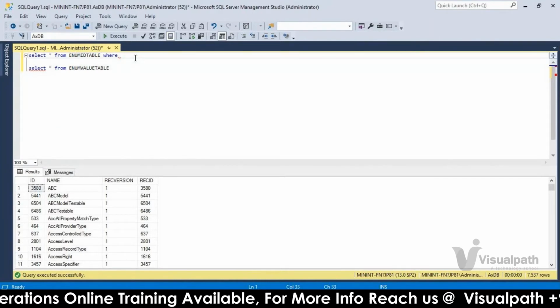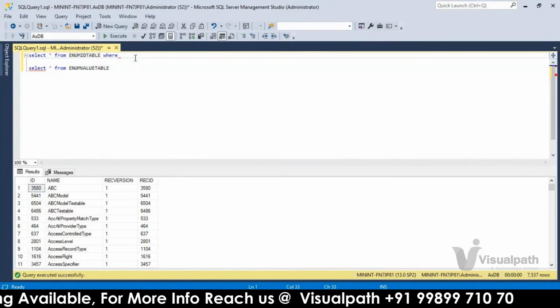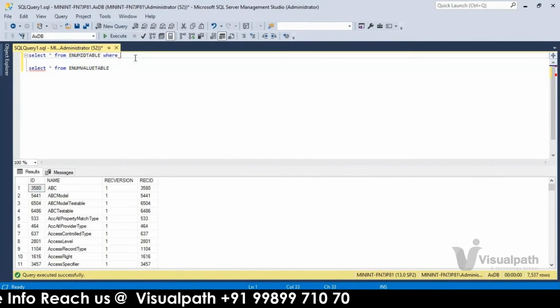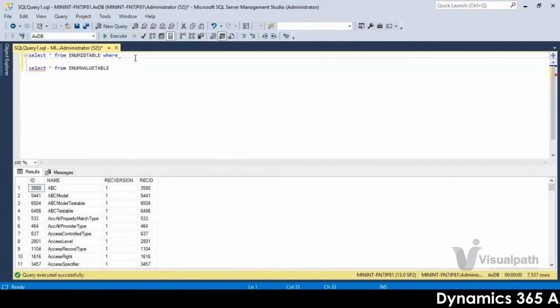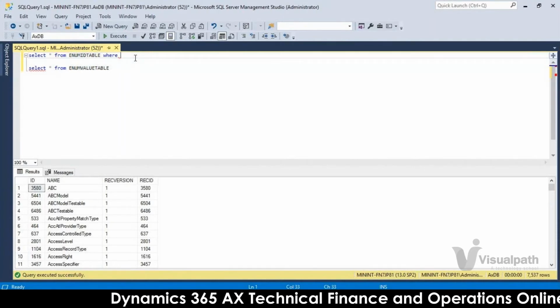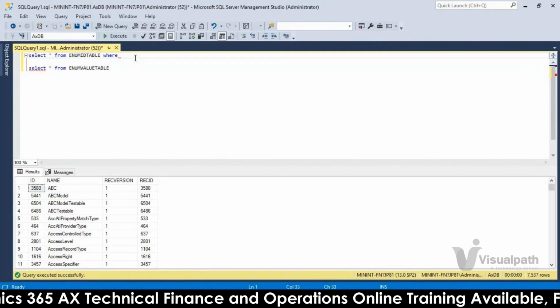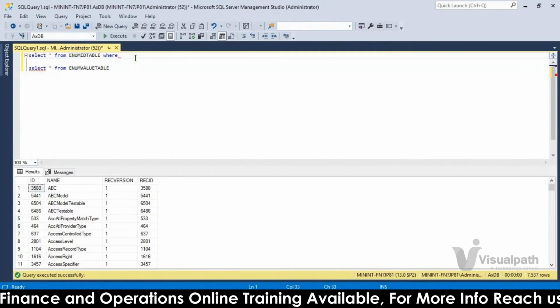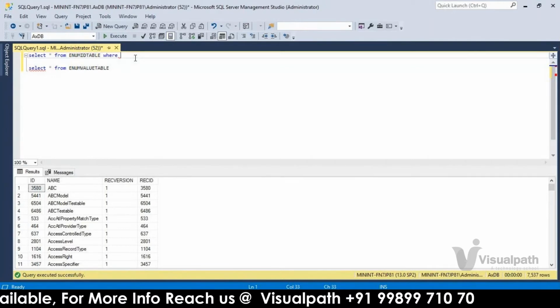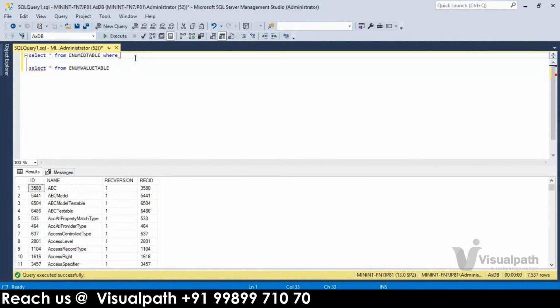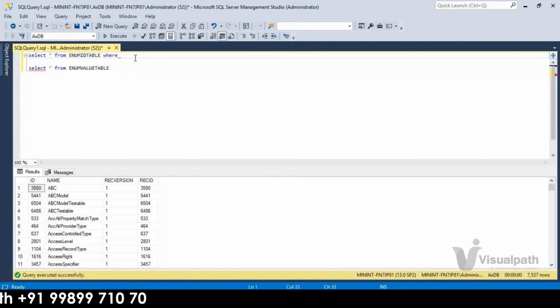For example, if there are any orphan records, or some errors come in between and some records remain. Or if you have a new requirement, you want to create new columns and need to update them using some other table data, you can write the update queries, test them in the lower environment, and raise a request to Microsoft. They will execute on our behalf. That is possible.